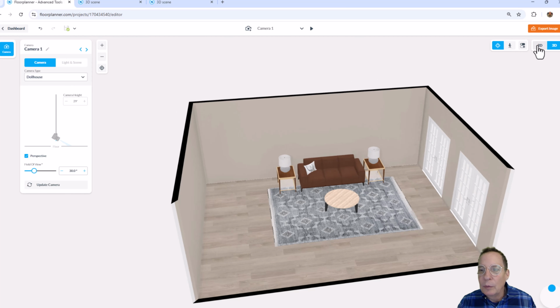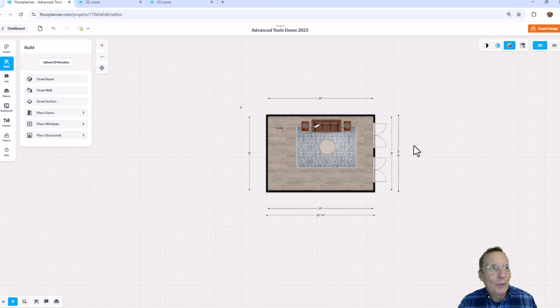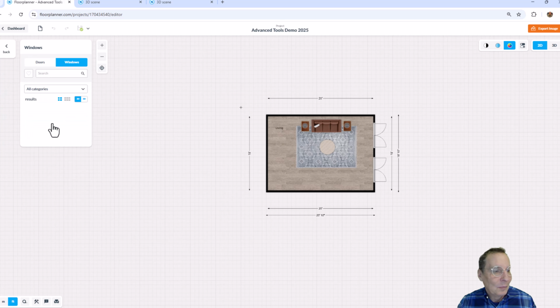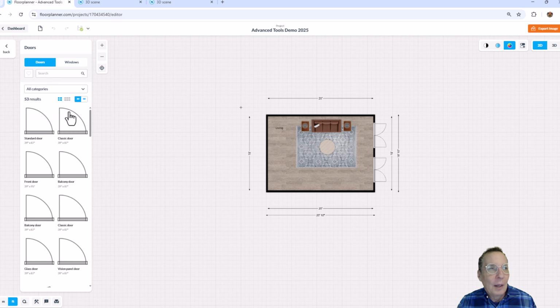I'm going to go back to the 2D view for a second and talk about the doors right up front. As we get advanced tools, as I mentioned, changing sometimes weekly, sometimes monthly, something that's been worked on for the past year or so are the doors and windows of your build command. Over here with the build command, in placing windows or placing doors, there are new libraries now of doors and windows. The windows were out first, the doors have just come out,